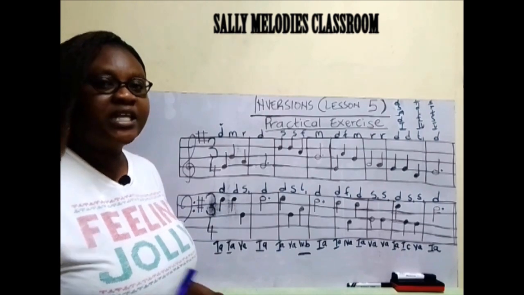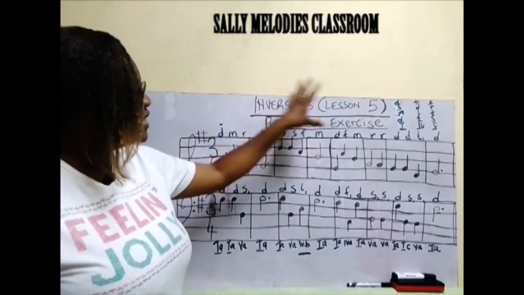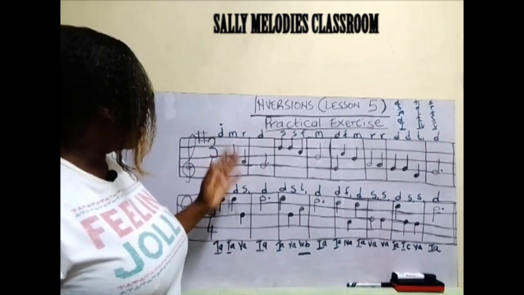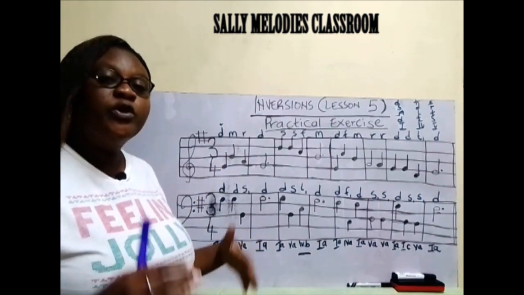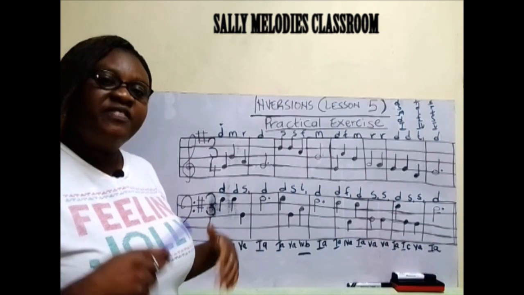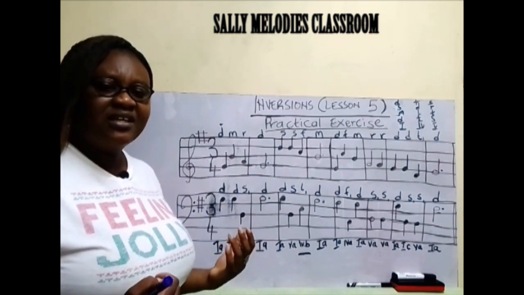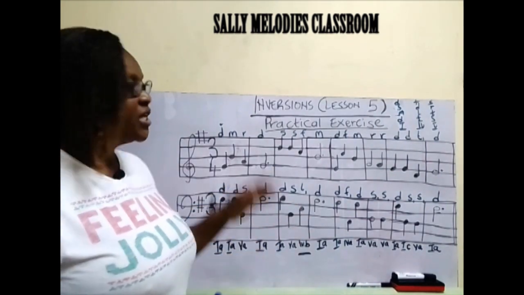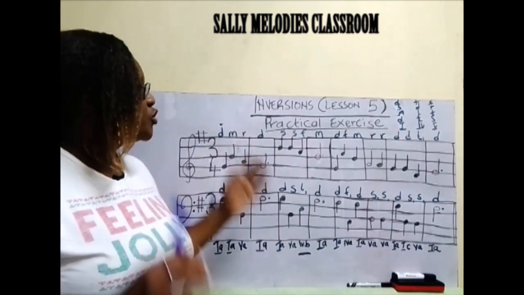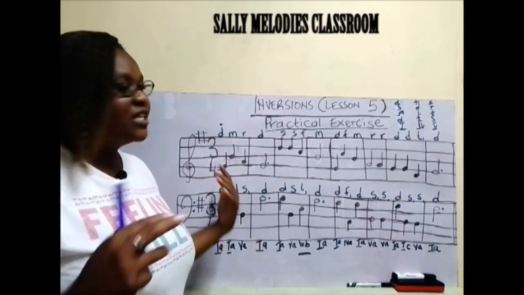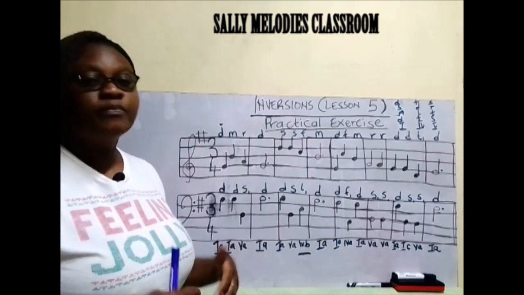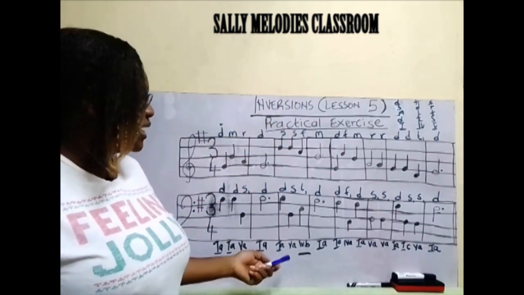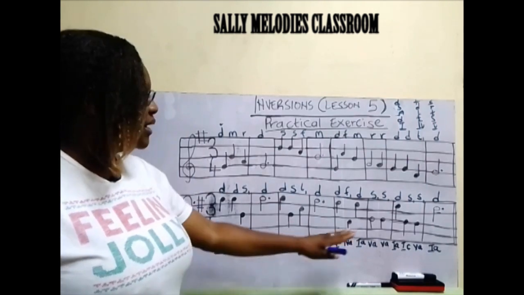Give someone who is an expert to see whether the song is okay, considering all the rules of melody writing, harmonizing, and then you check whether the key is okay, because the key will also depend on the target group. There are some keys that the children can't sing, and there are also some keys that are too low for the adult choir. So all those things must be put into consideration so that your song will be the best, so that the song will be singable, so that the song will be enjoyable. So we are going to do more examples and see how we do an inversion and where we have applied the